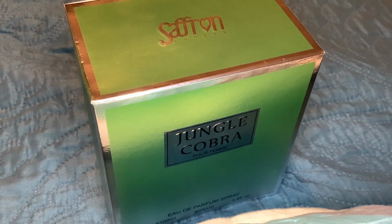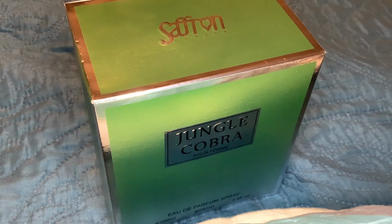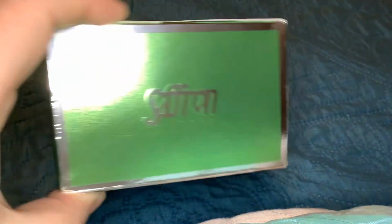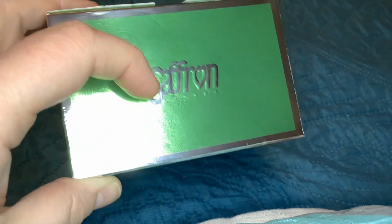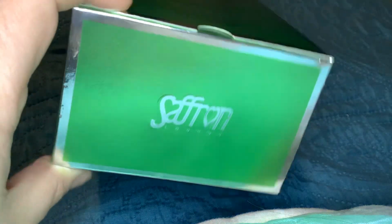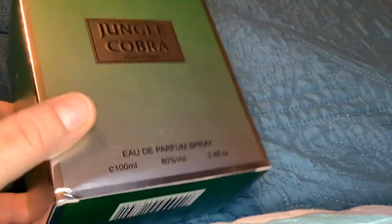I just looked at this Jungle Cobra and I thought, it does seem logical that this would be Tendre Poison. So I don't know where in the world you can get this. Obviously this is Saffron London, so you can get it really easily in England. You can get this on Amazon, which is where I got this, and I think it was under £10, I believe. So Jungle Cobra, this is the box,